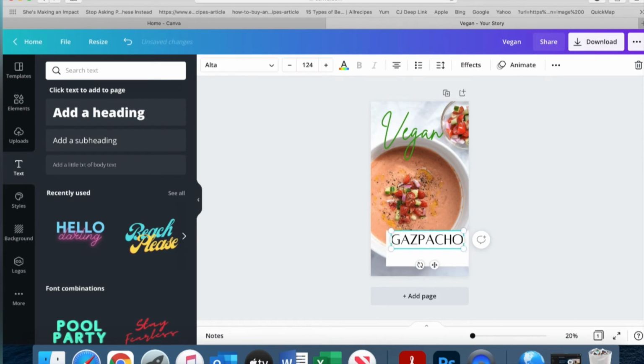Bring it down just a little bit. And then I want to add more text. In this case, rather than going over here and clicking add text to page over here, I'm going to highlight this, then I'm going to come over to these three dots and select duplicate. And then I'm just going to change it to soup recipe, and then move this down here